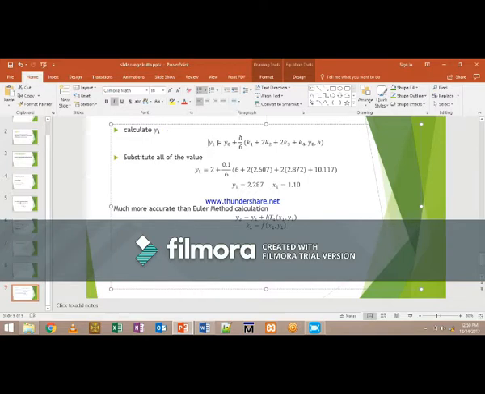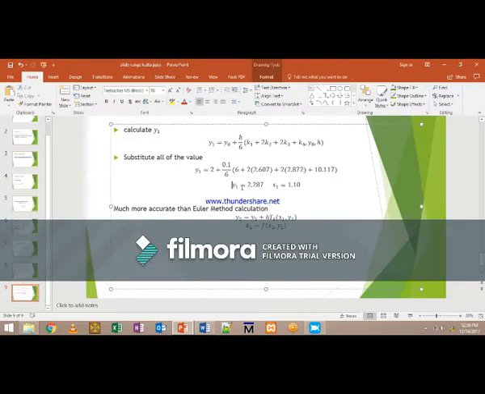Then we substitute all the values into our formula, which is y1 equals 2 plus 0.1 over 6 multiplied with 6 plus 2 times 2.670 plus 2 times 2.872 plus 10.117, and we will get the value of y1 equals 2.278 and x1 equals